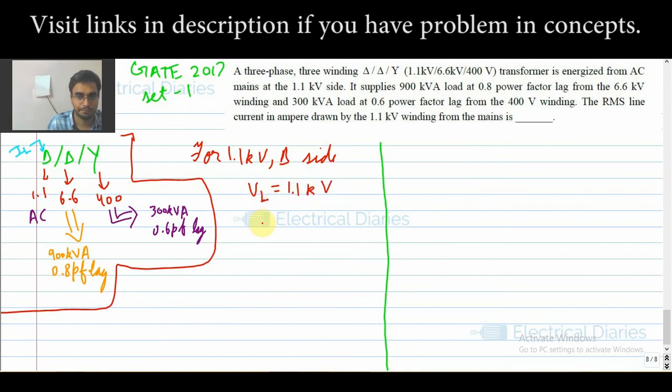Now I have to find out the IL. The power drawn by the transformer from the primary side, that is this delta side, the power drawn from the AC source,